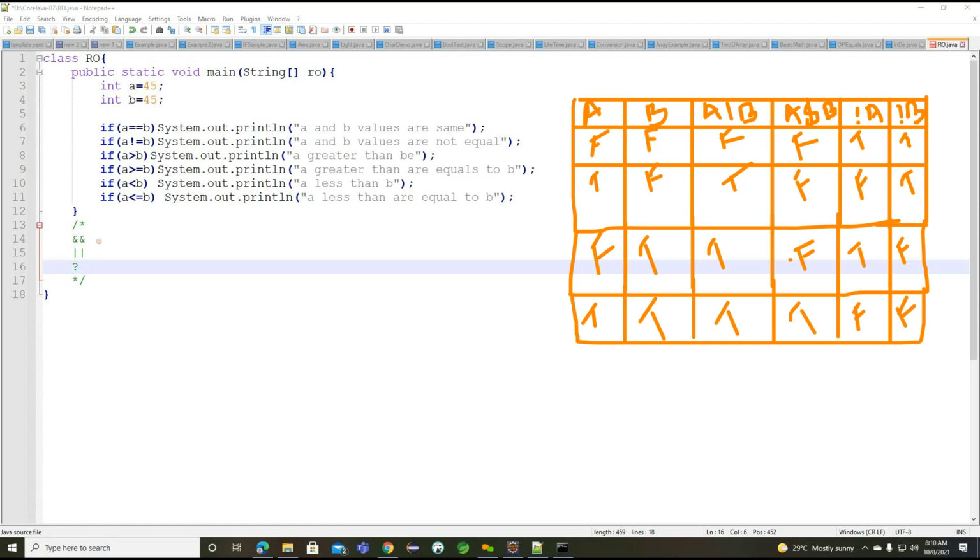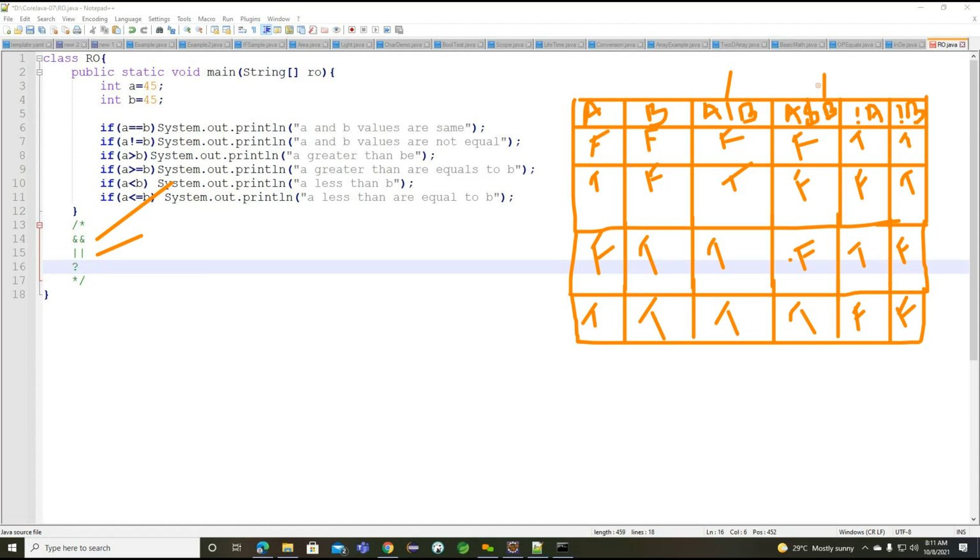So far, what are the logical operators we are using? First one, the AND operator. Second one, the OR operator here. So here I am using the OR operator, and later I am working on the AND operator. Now what are you understanding from this diagram? If the A value is false and B value is false, both the A or B condition and the A and B condition are returning false. The only difference here is the not condition. This not condition is returning true here. So we have discussed it works in the opposite manner.